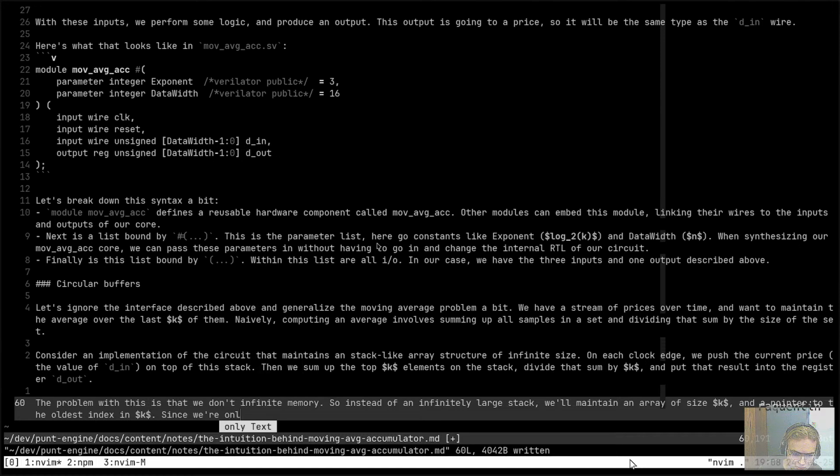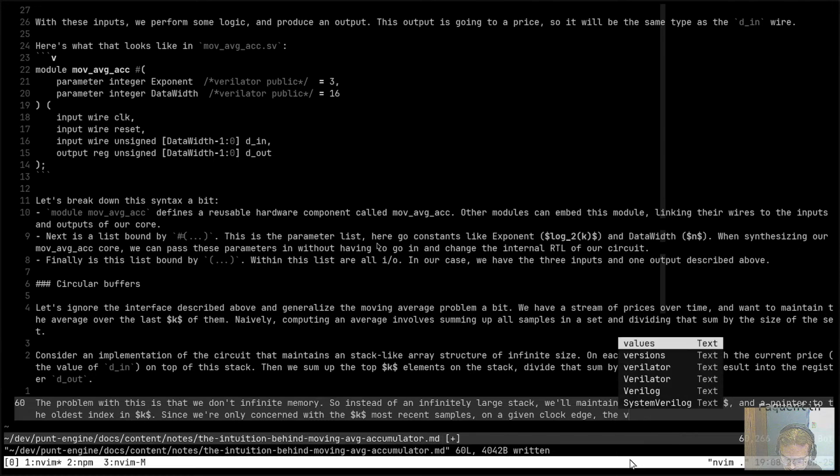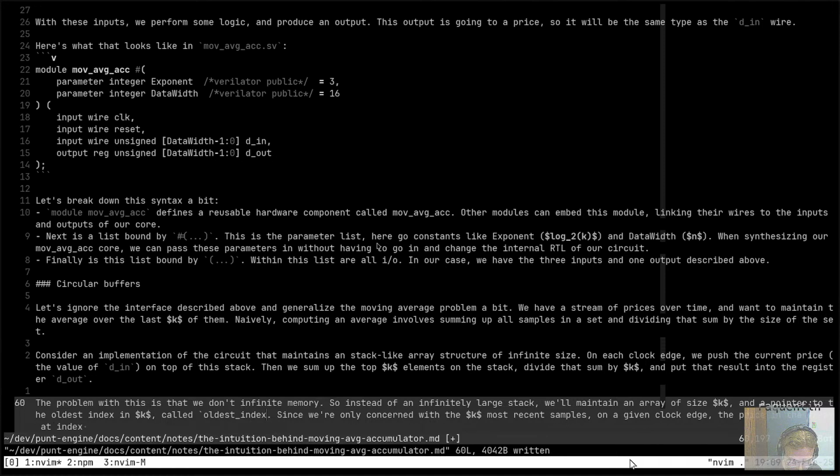Since we're only concerned with the k most recent samples on a given clock edge, the price in the array at index, a pointer to the oldest index in k, called oldest index,